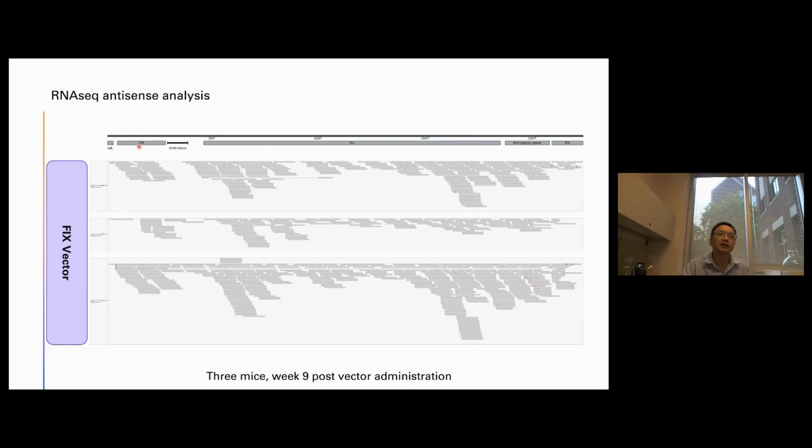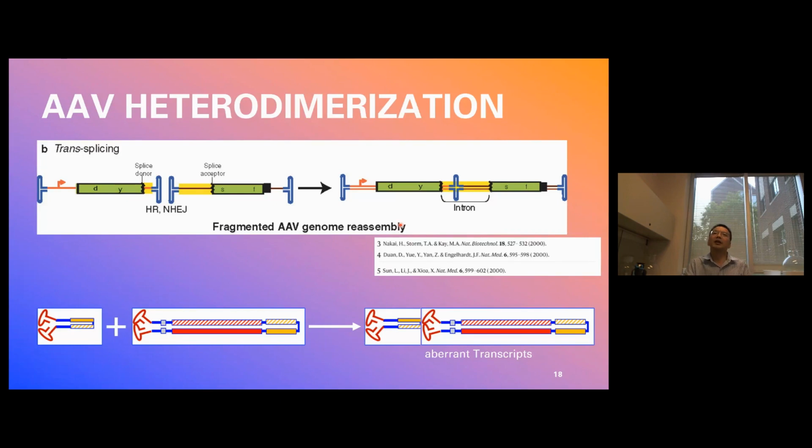And as you see, this is a vector that has the promoter and the transgene and also the poly-A. You probably are not going to see all this data clearly, but as you see, we sequenced the RNA, and we showed that the negative strand transcripts exist in all mice. So where can this negative strand RNA come from? We then found that this kind of subgenomic species, the double-strand RNA, can potentially play a